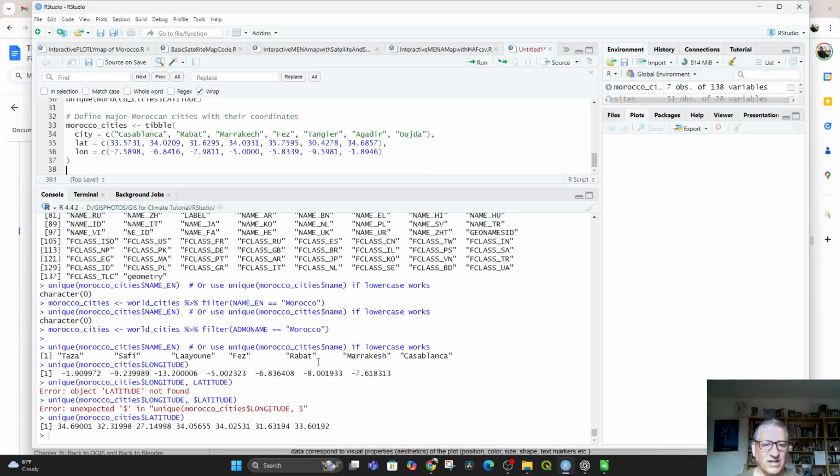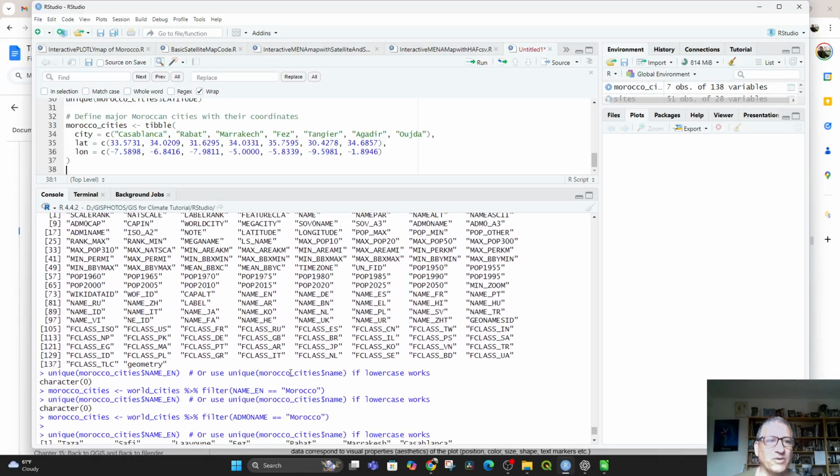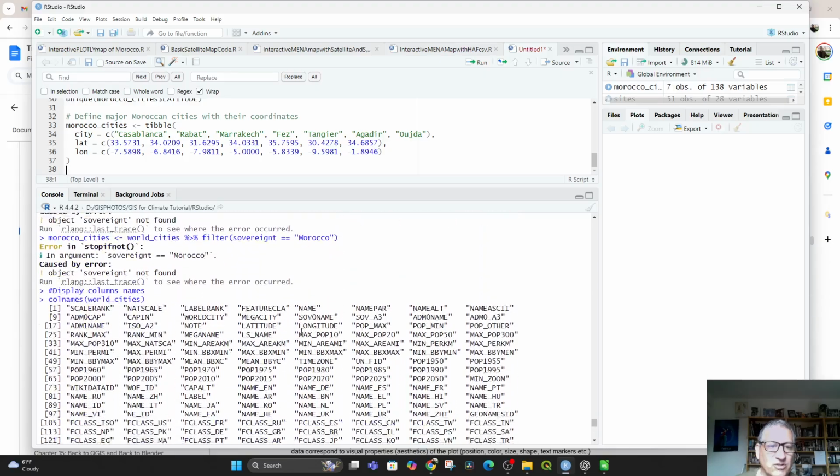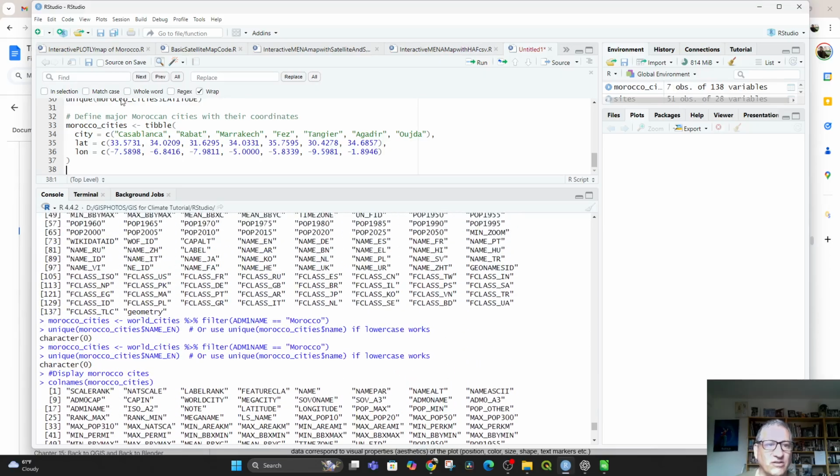Yeah, it's close. These are close, but it's listed in a different way. So it depends on where you're pulling your data from. My advice is to not worry too much about this because there's going to be another way to do this. But the point is that you're going to match up latitudes with cities defined by the comma, and then longitudes. And then once you do that, then you're going to